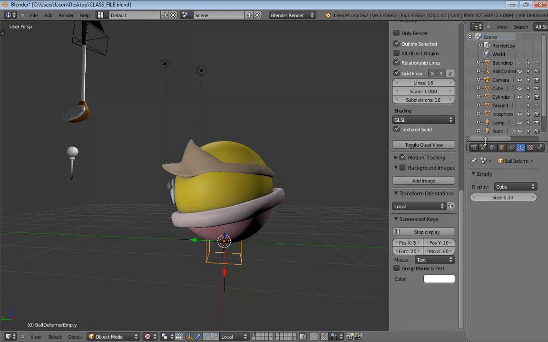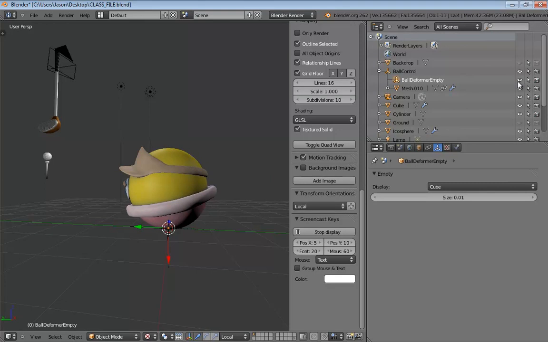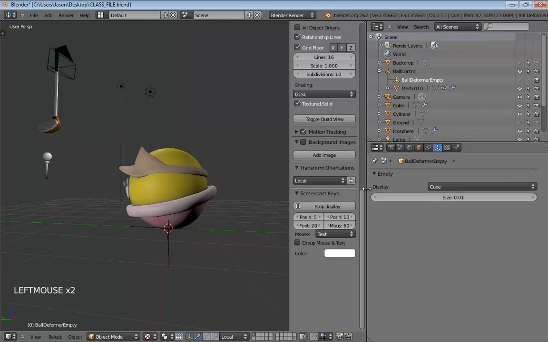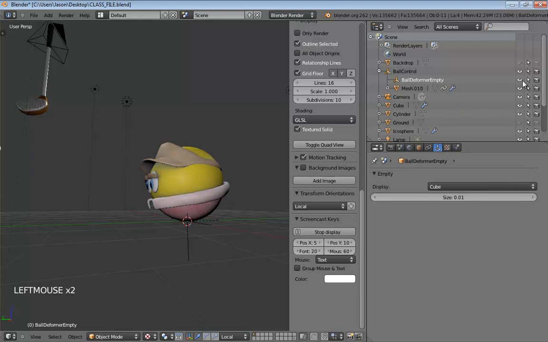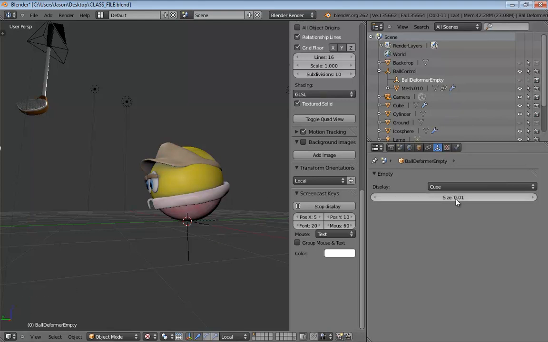But really, when you're done with it, here's the great thing. This is kind of like the unmentioned step. Well, I guess it is kind of mentioned. You can just take the size of this, and once you're happy, just set it to 0.01, and it makes the thing effectively invisible. Now, there's other things you could do alternatively. You could kill its selectability and visibility up here inside the outliner. So if I stretch this out so everybody can see that, you have ball deformer empty. You could just turn this off and make it unselectable. And of course, that's just as good. But if you're ever worried that you might turn it on and then bump it and nudge it, something else you can do is just tuck it away by setting its size to virtually non-existent.